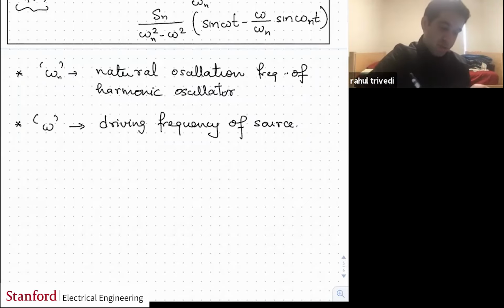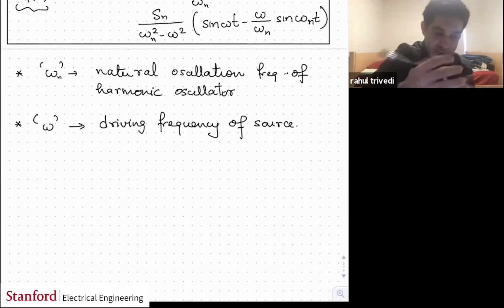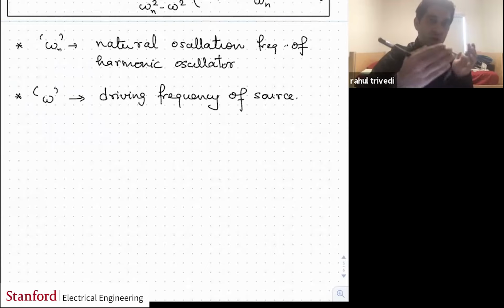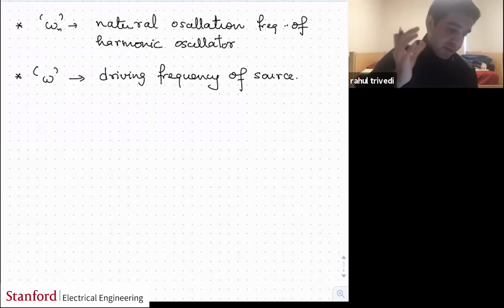So if it happens to be off resonance, which is when this is valid, so this of course is only valid for omega not equal to omega_n, because otherwise you are dividing by 0, so that's invalid. So this is for off resonance. And when you're off resonance, your solution has oscillating terms at the frequency of the cavity mode, and it has oscillating terms at the driving frequency, okay? And what you immediately notice from here is that the electric field, which is governed by these coefficients a_n of t, isn't 0 if you drive off resonance,